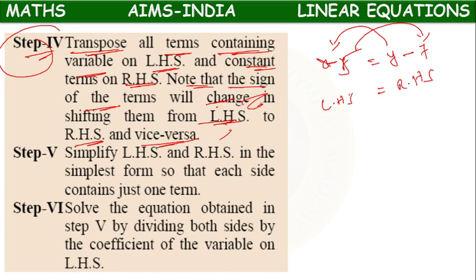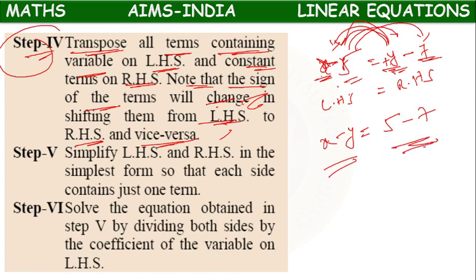So here x is the variable. In x minus 5, x is the variable, x we will keep here only. This side y will come to the right hand side. If it comes to the right hand side, its sign will change. Plus 5 means it will become minus 5. Here we have minus 5. If it goes to the right hand side, it will become plus 5. Already we have minus 7 there. Like that we have to transpose all the variables on the LHS side and all the numerals on the RHS side.